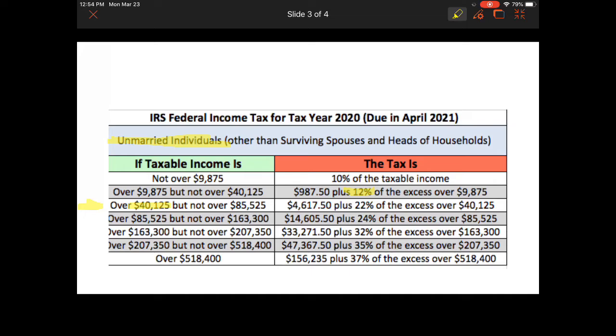So all you do is you add $987.50 plus that 12% of whatever you earn over that initial value. And then as we keep going, I use the example of being at $60,000. So we're going to be in the third bracket. It has already done the math for you for the first 2 brackets, so you don't have to pay everything again at 22%. You just have to pay this $4,617.50 plus 22% of whatever you earn over